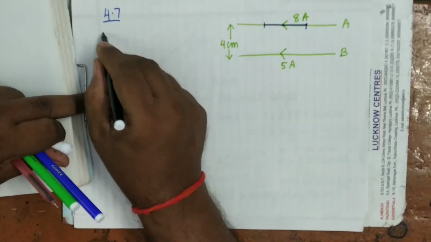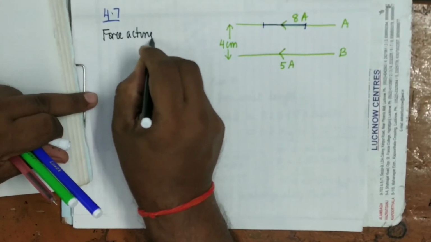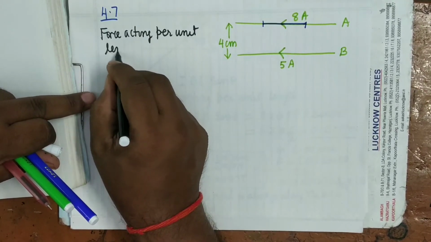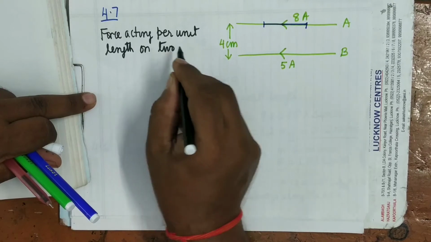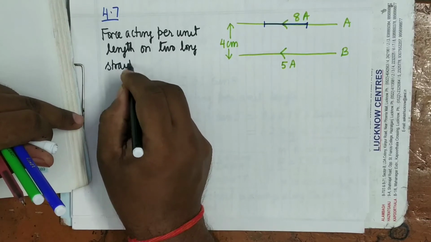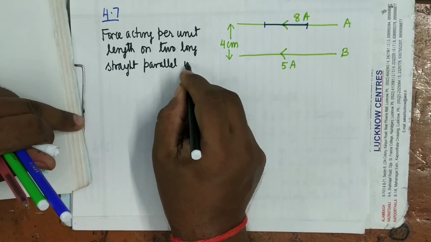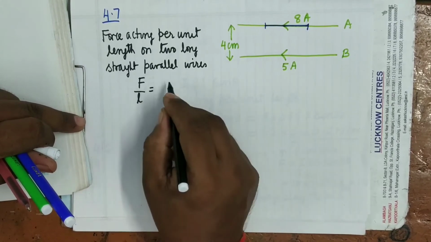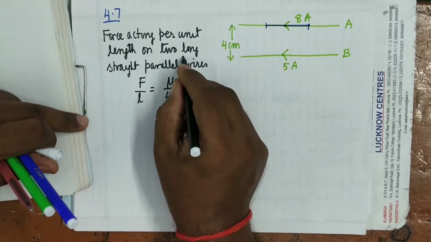Force acting per unit length on two long straight parallel wires is F upon L equals mu naught upon 4 pi